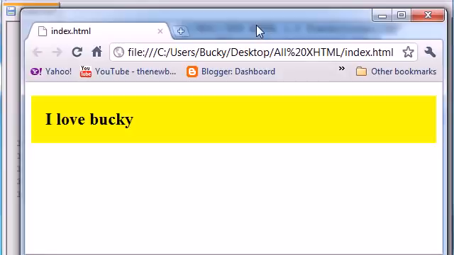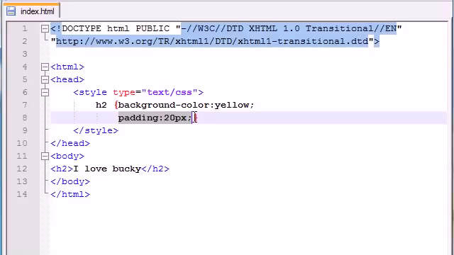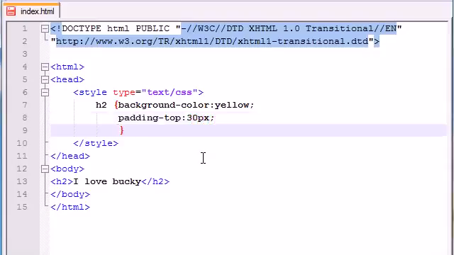But now, what I want to do is I want padding, but I don't want it all the way around. Maybe you only want padding on the top and bottom. Well, in order to do that, this isn't going to work anymore, because this gives you padding all the way around. In order to change the padding in any one direction, they give you 4 keywords that you can use: padding-top, padding-bottom, padding-left, and padding-right. So let's change it on top and bottom. Padding-top, let's add like 30 pixels. And for the padding-bottom,